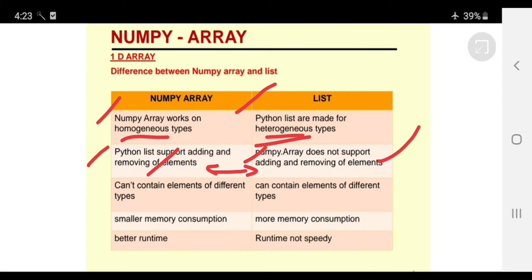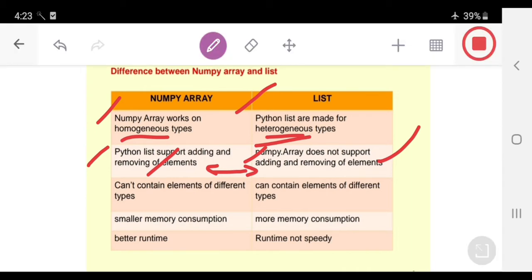Whereas Python supports it: there is a function called append that will add an element at the end of the list, and the remove function deletes an element from the list. So it will support both. This is the point for list and this point is for NumPy array. It was misplaced, students.